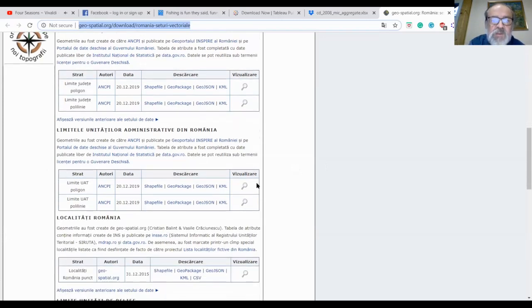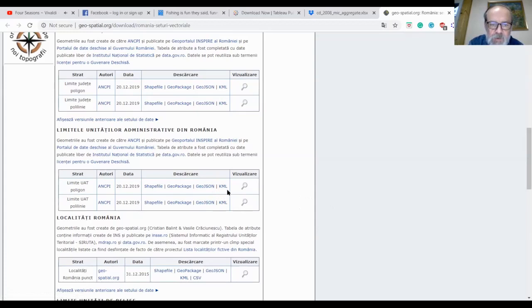Very important, if you're doing a map for Romania, you have to download this type of file. And this as a poly, whatever the English word is for polygon, polyline wouldn't work because this is not connected in Tableau to localities.